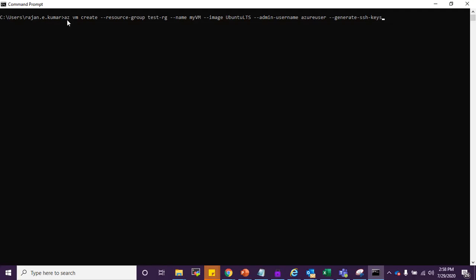So yeah, this is the command az vm create. My resource group is test.rg. Name I have given as my VM. Image I have chosen as Ubuntu. Admin username is azureuser, and I have given a clause as generate SSH keys. This command will automatically generate SSH keys and put it into my local machine. So let's hit enter.